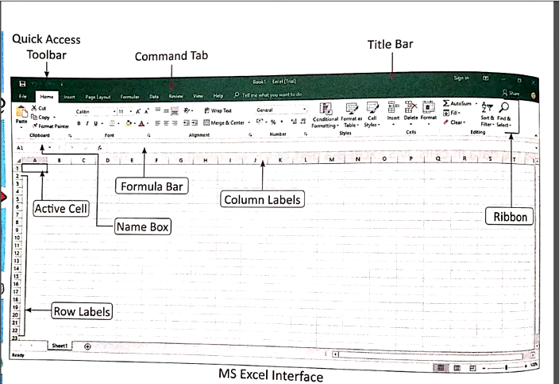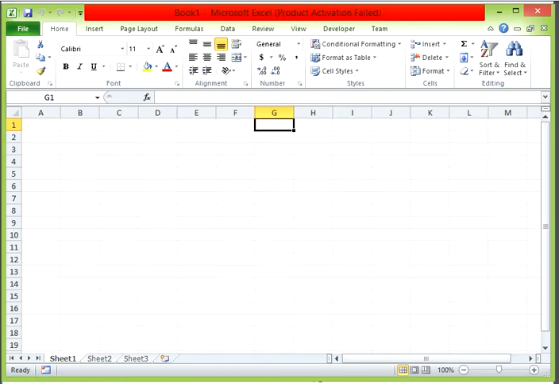Just focus on these names. Here the red one is the title bar, Book1. This is the Quick Access Toolbar. These are the tabs or command interface: File, Home, Insert, Page Layout, Formulas, Data, Review, View.